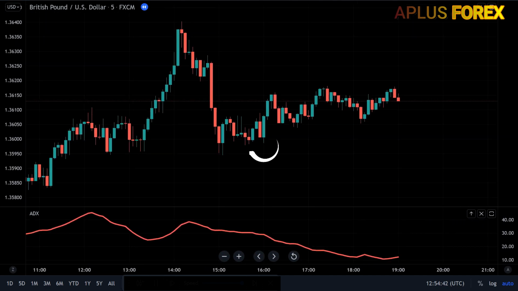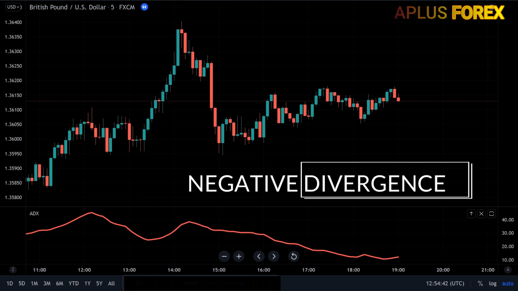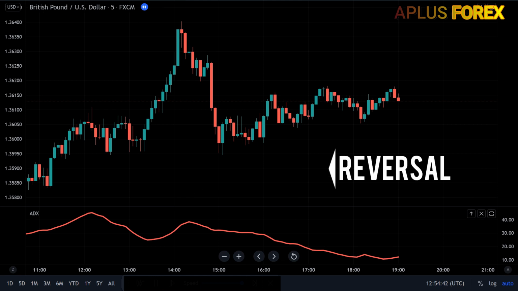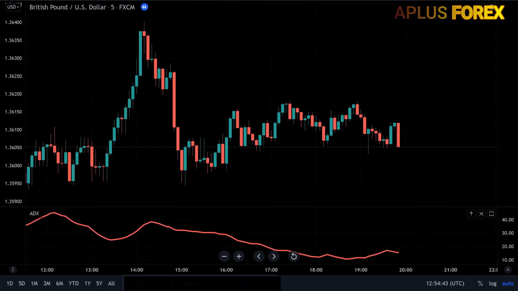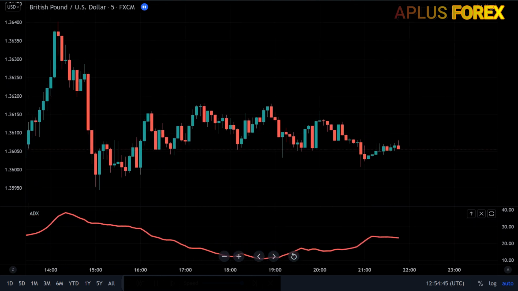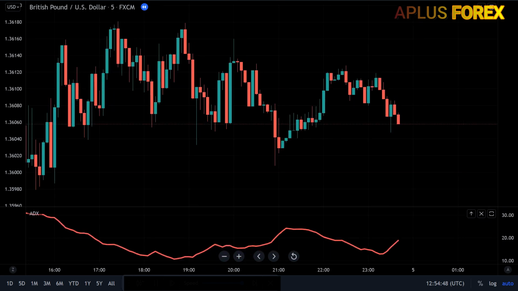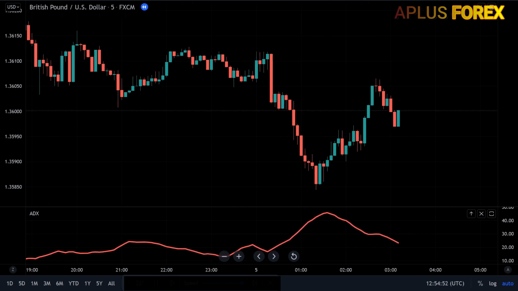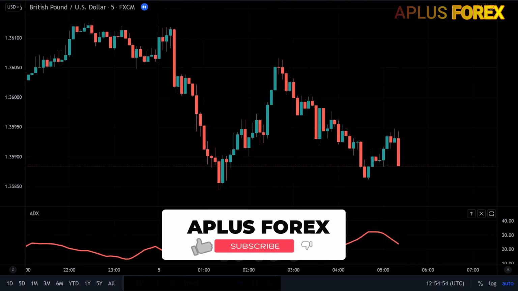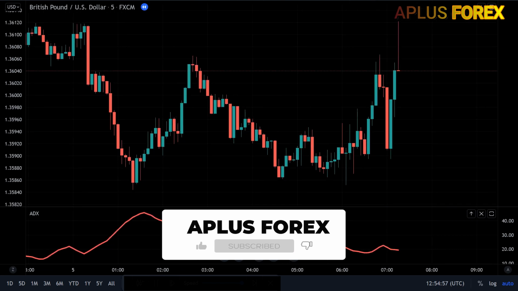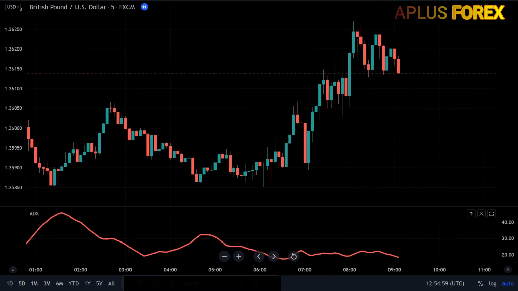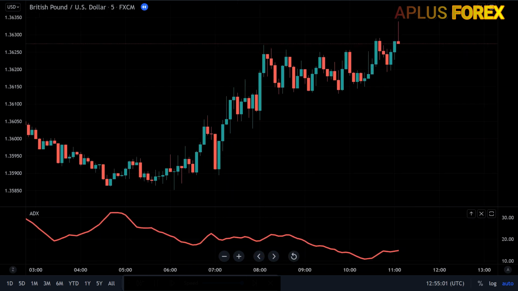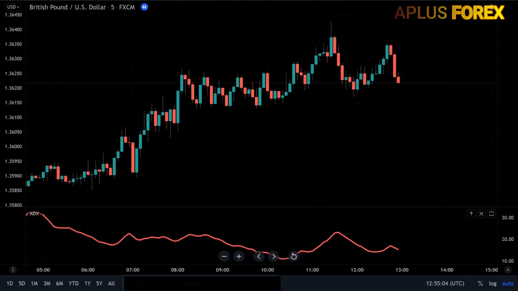When price makes a higher high and ADX makes a lower high, this is called negative divergence or non-confirmation. In general, divergence is not a signal for a reversal, but it gives us a warning that trend momentum is changing. It may be appropriate to tighten the stop loss or take partial profits from the market. Anytime we notice trend changes, it means time to assess or manage our risk. Divergence can lead to trend continuation, consolidation, correction, or reversal. To use this indicator, price is the most important signal on the chart.